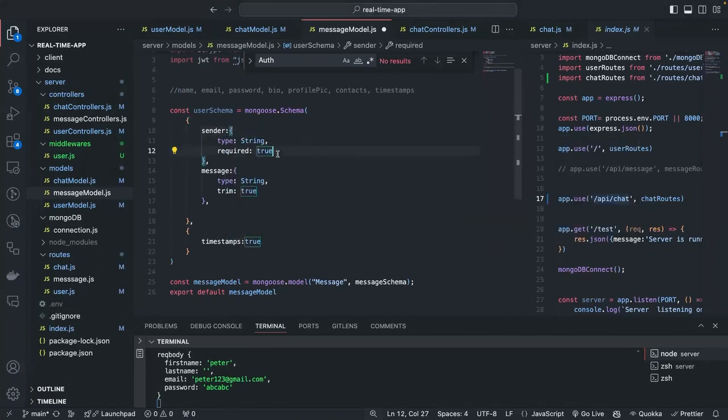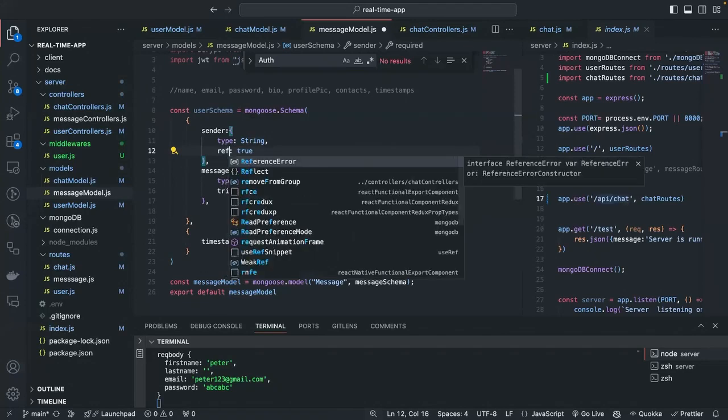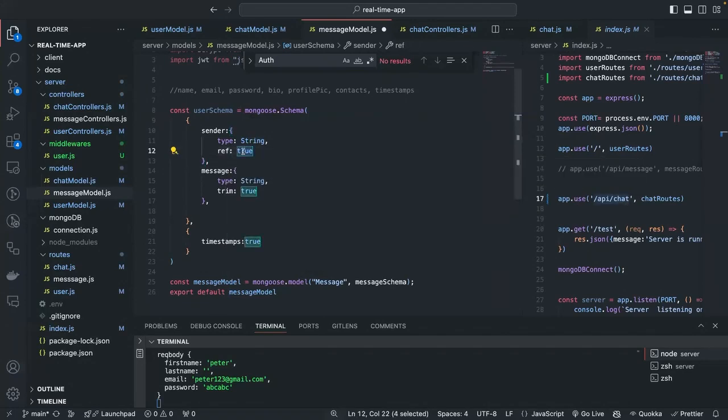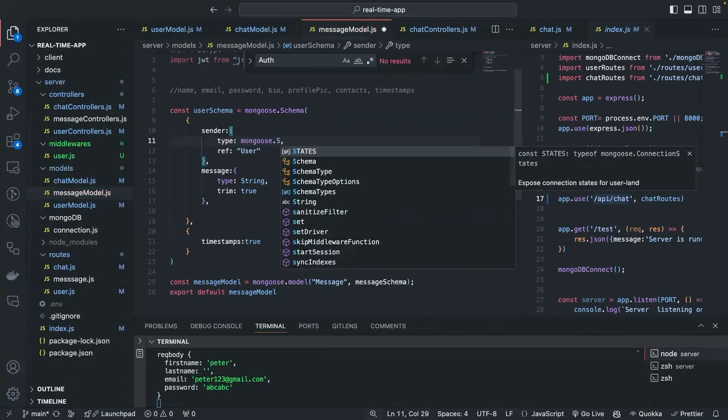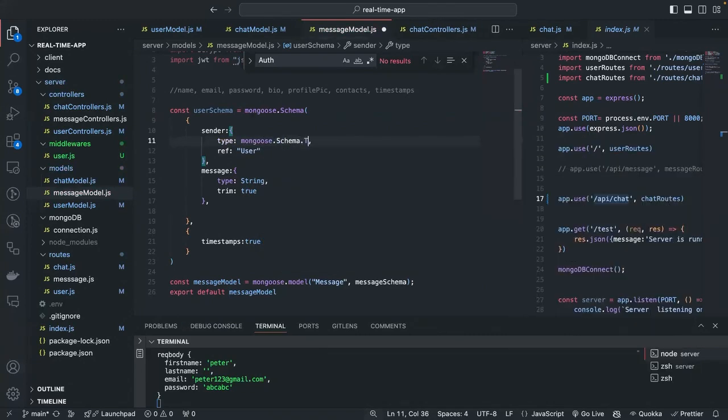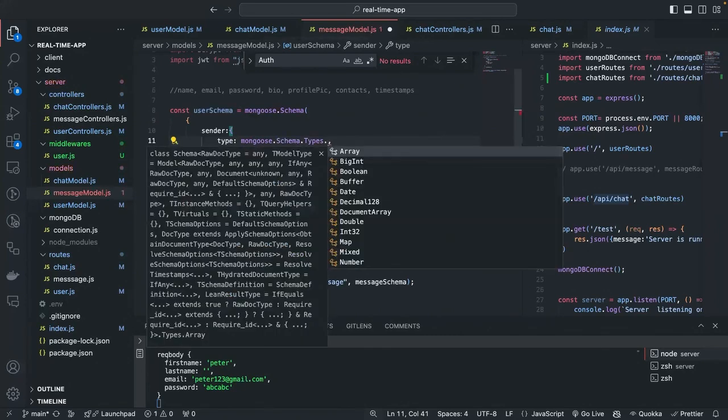There will be a sender of the message, and that sender will be populated from the users table, because the user will be the sender, right? So we can say type to be mongoose.Schema.Types.ObjectId,